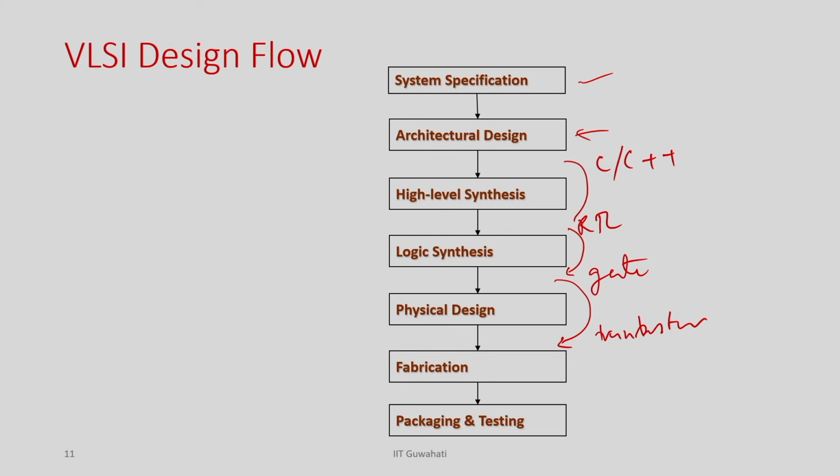Fabrication is where you physically put these metal oxide layers one by one, based on the layouts, and that will give you the physical IC, right. So, all this is software that just logically converts the design, but physically you have to get the chip, and the fabrication does this. Once the fabrication of the IC is done, you do the packaging and the testing, make sure your IC is functionally correct, and then you ship it to the market, right. So, this is the overall VLSI design flow.